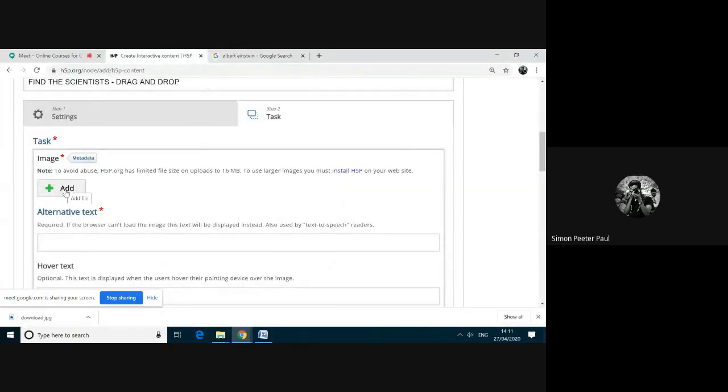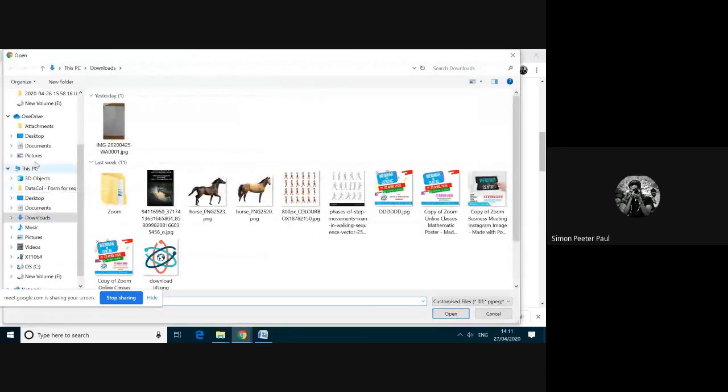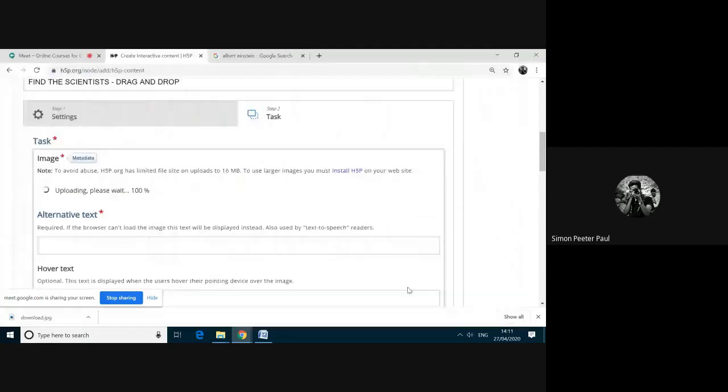Okay, here I'm going to add the image. The same procedure, click on the add button. Then I'm clicking on the desktop tab. Where, okay, here it is. I'm clicking the open button.